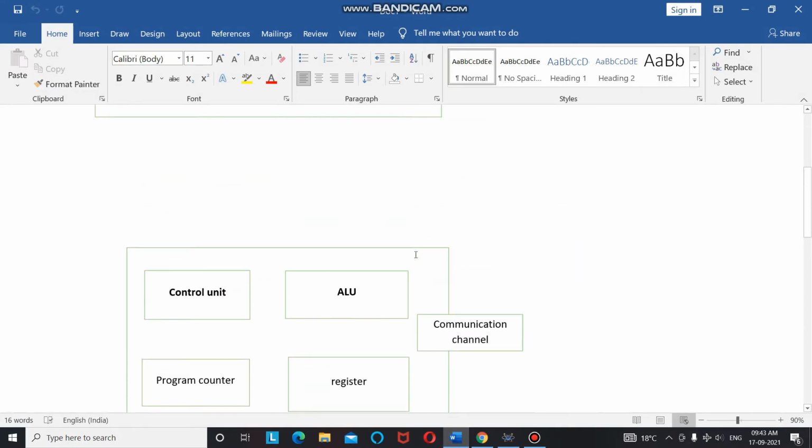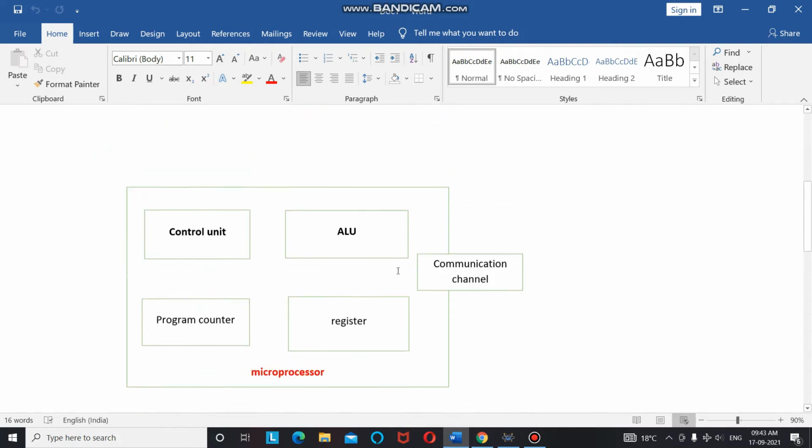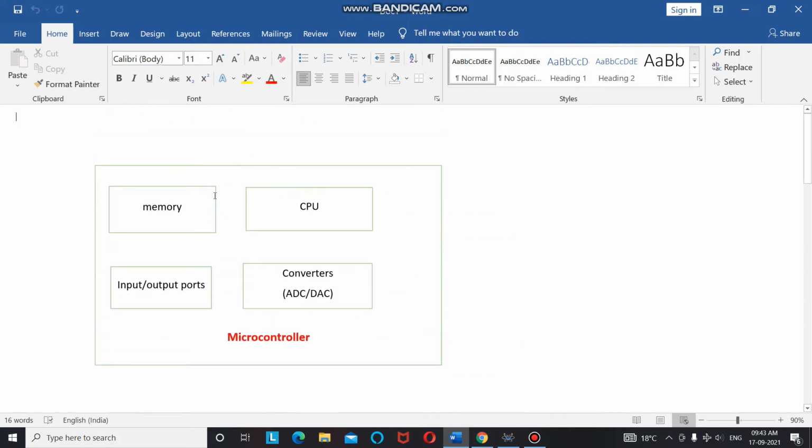I have created a simple block diagram for a microcontroller and a microprocessor. A microcontroller board consists of a CPU, which is actually a microprocessor, connected with different external devices like memory, input output ports, and converters. And this whole combination forms a microcontroller. A CPU or a microprocessor, without these external components, you cannot do anything with it until you connect it with the different components. But when you connect a CPU with external components, for example on a board,